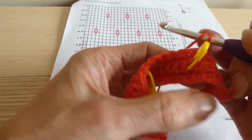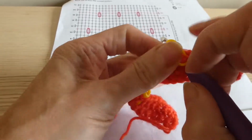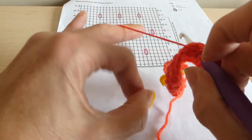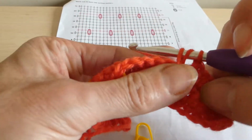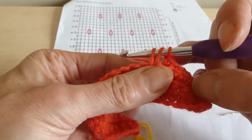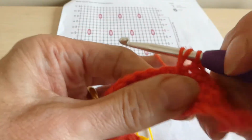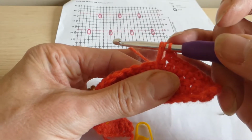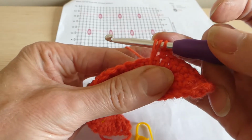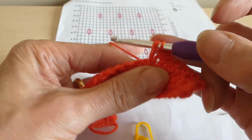So it's yarn over, and then in where the bottom of the marker is, take the marker out and pull through, and then you need to take it up to the level of the row that you're on. And now this is the most important bit. When you make all of the other five half trebles that you don't part work, you need them all to be at the same height. If any of them are loose, you'll catch your hook when you're trying to pull through all 11 loops that are on the hook. So that's your first one,